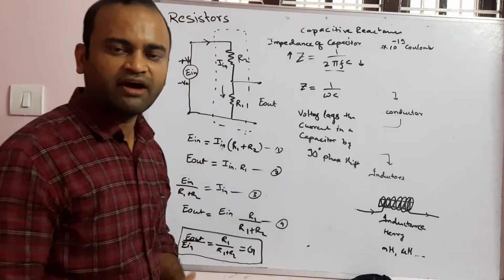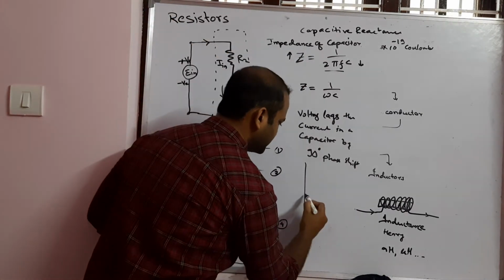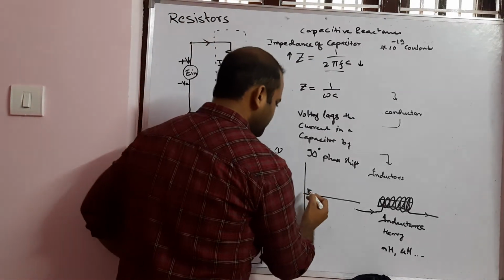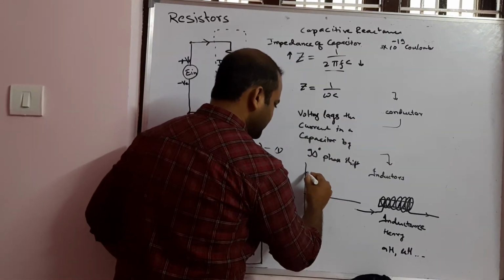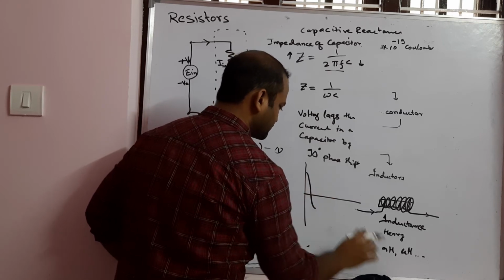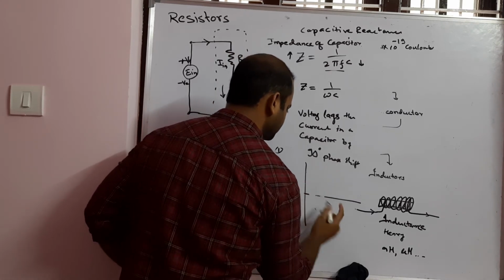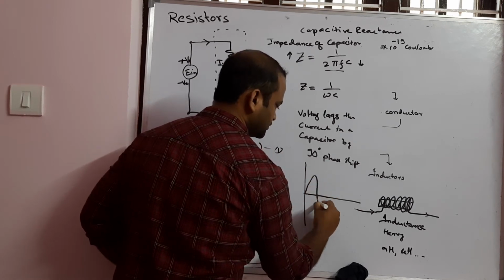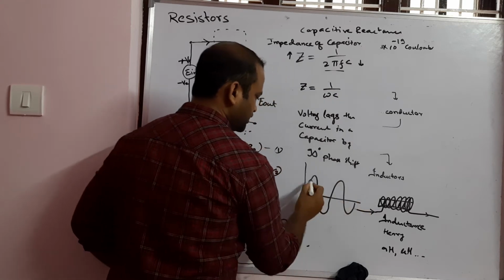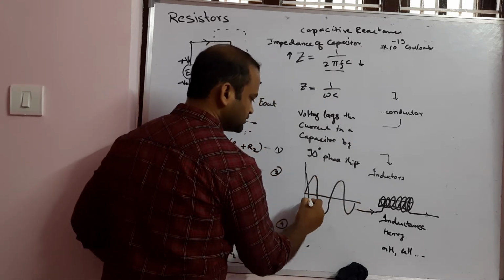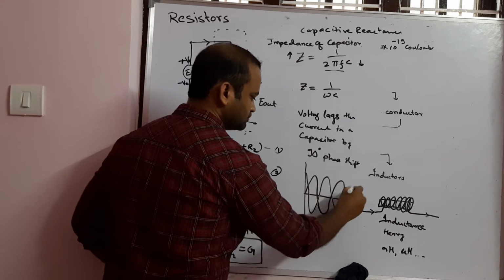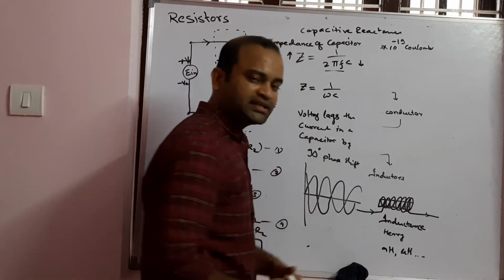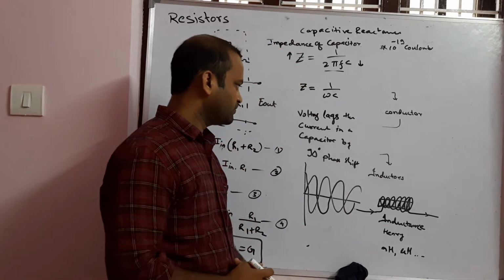In my previous videos, we have discussed how that happens. So for example, if in a capacitor there is a voltage and current, the voltage lags the current, hence the current signal would be like this. The voltage lags the current by 90 degrees phase shift. Similarly,